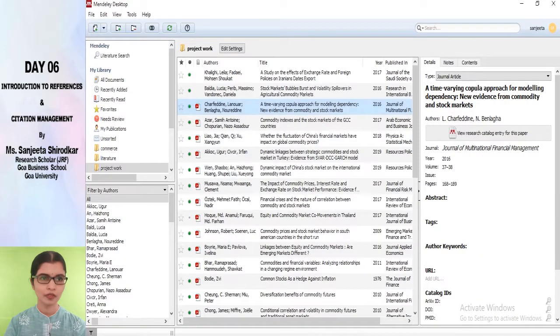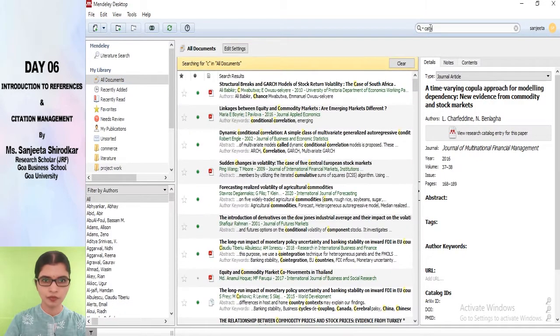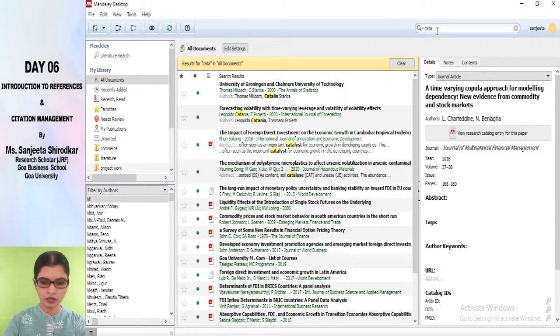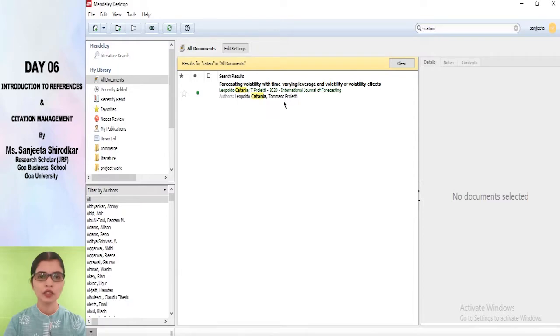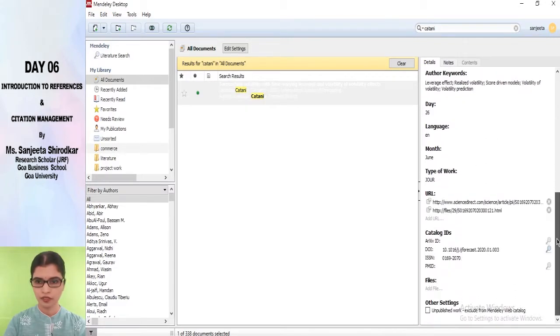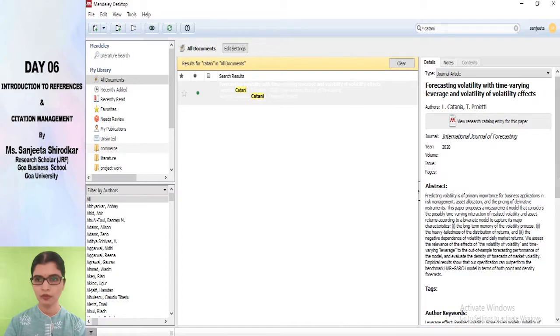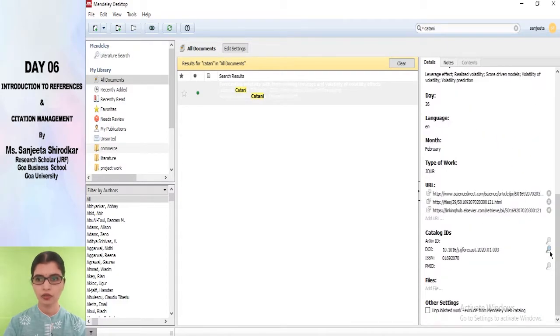You go to your Mendeley, you go to your library, search it, here I found it, click on that. Here I want it to be 18, and here since the DOI is available, just click on the DOI. See, as I mentioned to you earlier also, if some of the fields are not there, there are some ways in which you could fill in the details. If DOI is available, click on DOI and here all the fields if available will be filled, but I think DOI is also not able to recognize it.